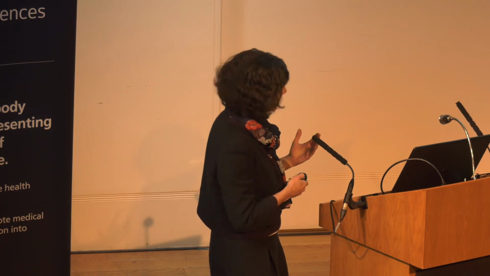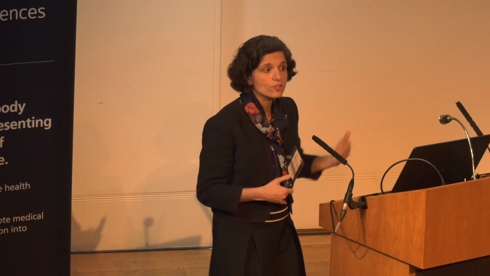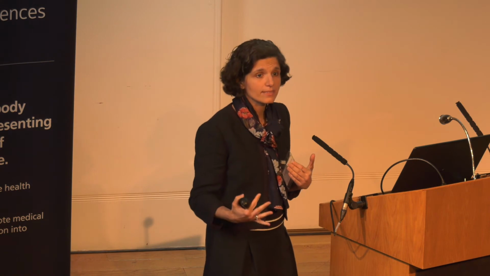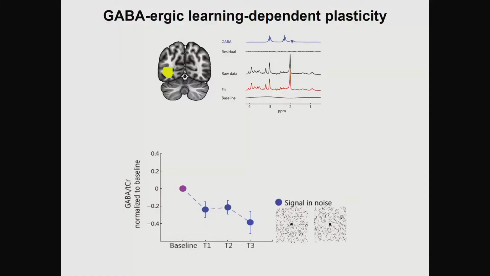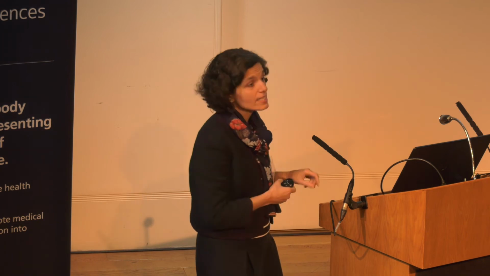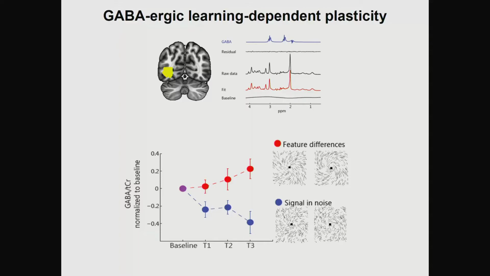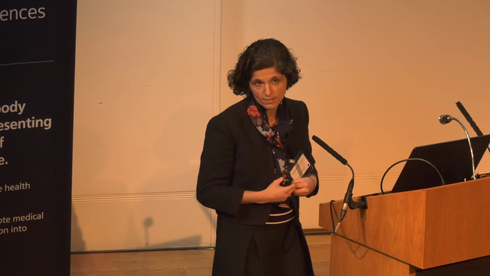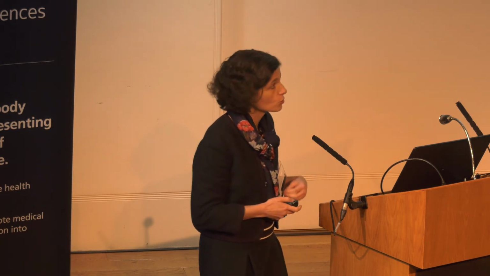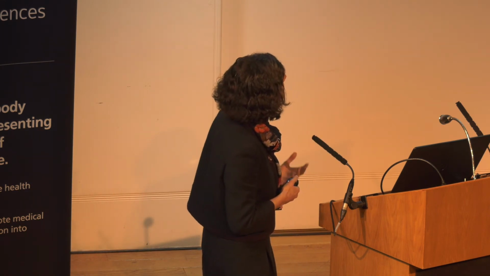And what we see is a classic signature of plasticity, where GABA decreases in sensory areas of the brain as people become better in one of the two tasks, the task where they are trying to identify patterns in cluttered scenes, for example, finding a friend in the crowd. However, what we see is the opposite pattern, an increase in GABA with training, when individuals are making difficult judgments about discriminating patterns that belong to different categories. Now, these mechanisms link back to animal models of plasticity. I don't have time to discuss this more, but I can explain more later.